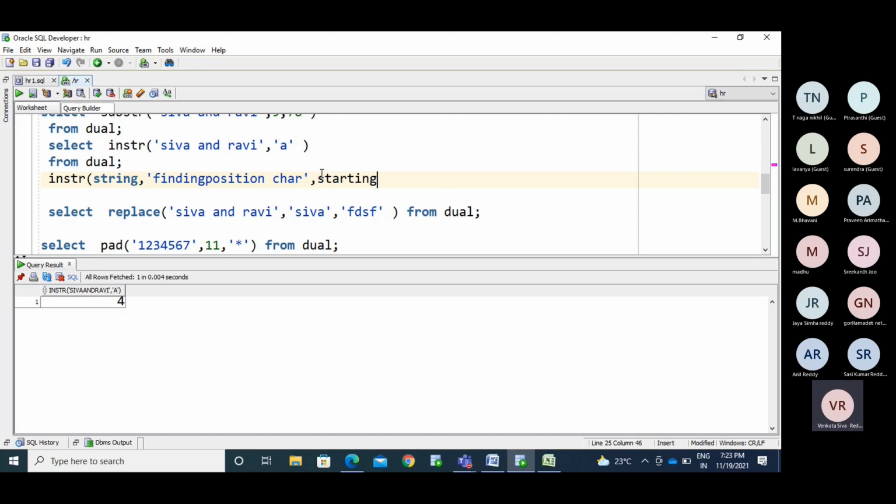The search operation, from where do I need to start? Do I need to start from this place, or from this place, to find the position of that particular character? We have A here. So now see.